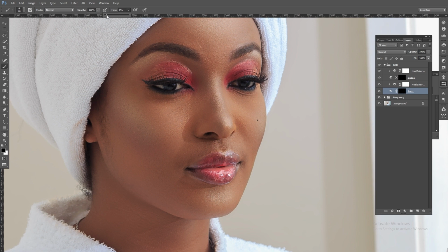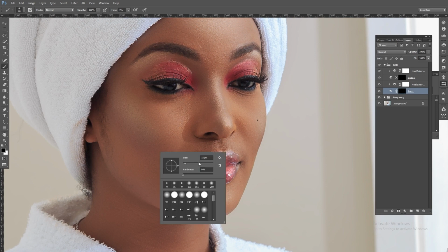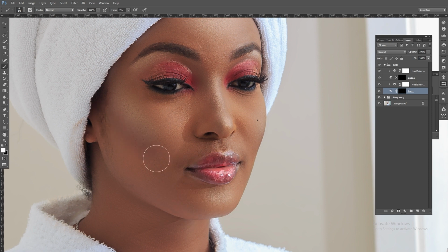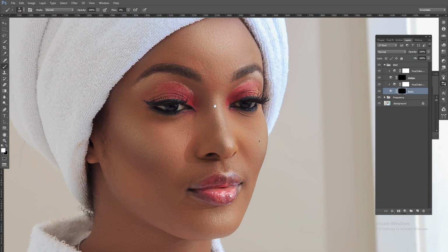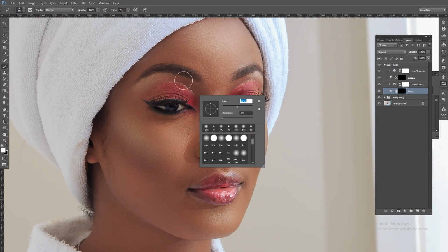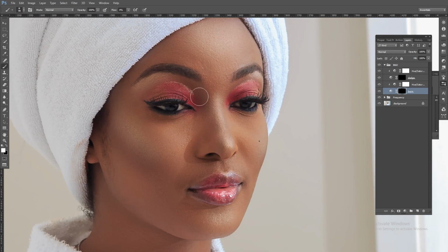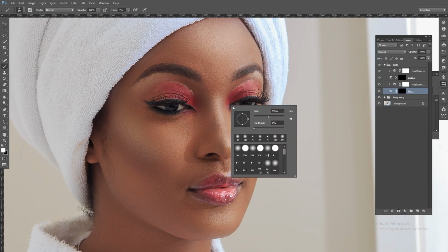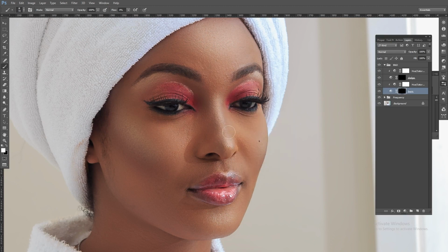Let's keep it at around 4 there, and then we are going to make the brush big, and then we are going to put white on top. Then we are going to paint over like that, and then we are going to also come around there like that. We make sure the nose gets that depth